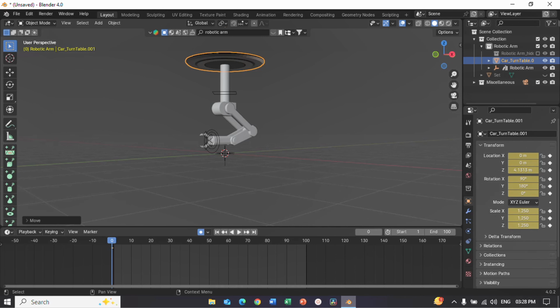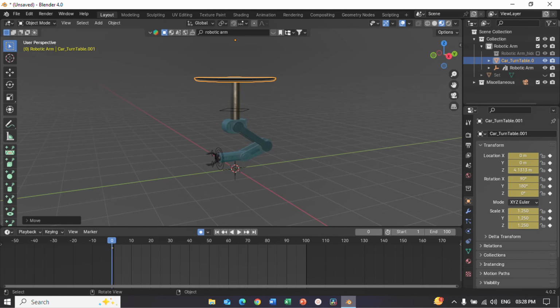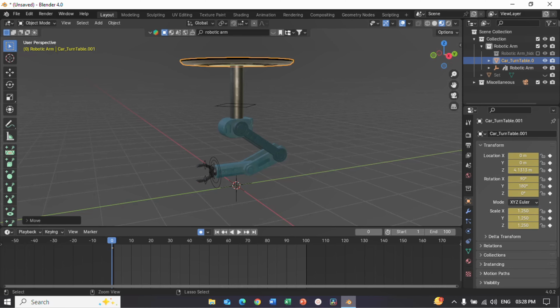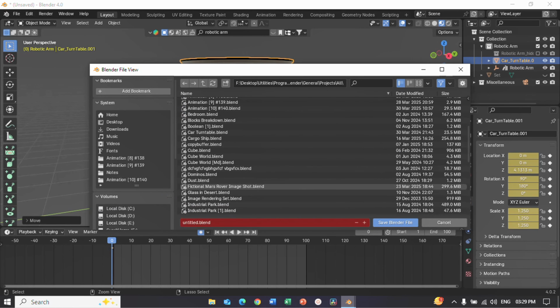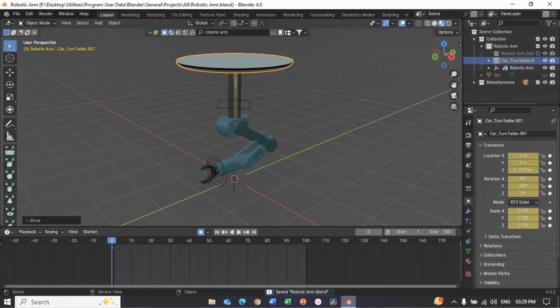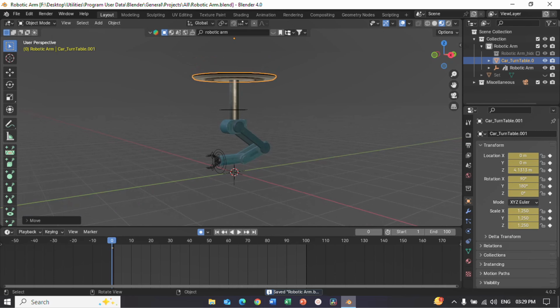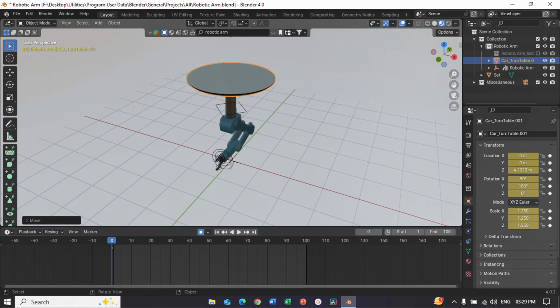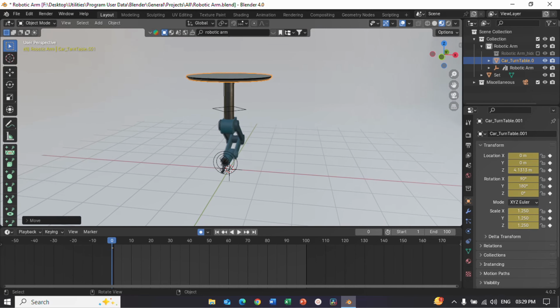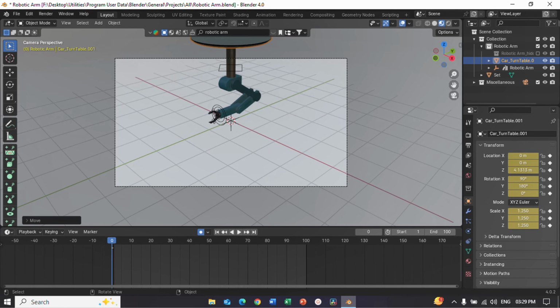Let's switch to material viewport shading. Oh, I just realized this, I haven't saved this file, so I need to save this to avoid any risk. Now let's go to the other aspects and let's turn on the visibility of the set. Everything looks white background. We can improve this, but let's just fix the camera angle.